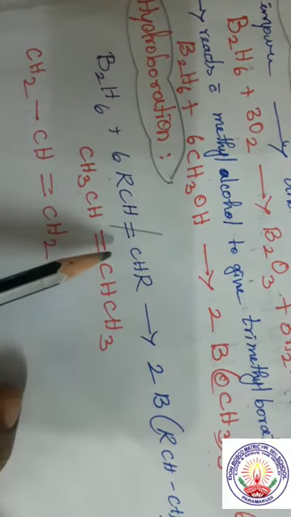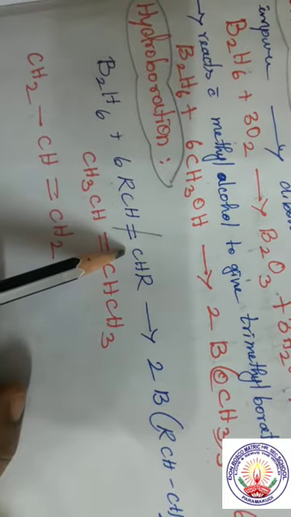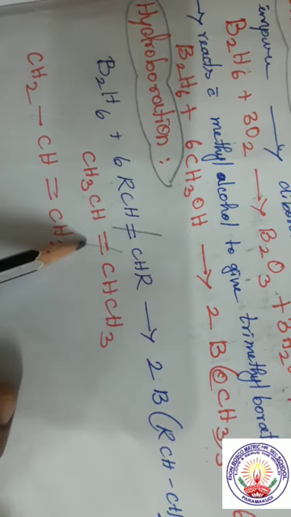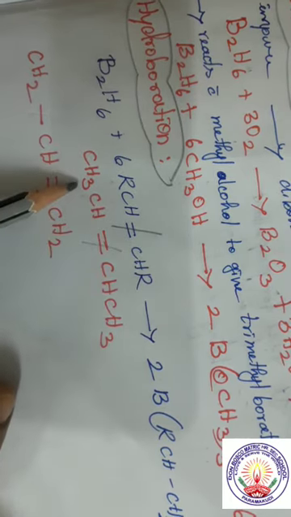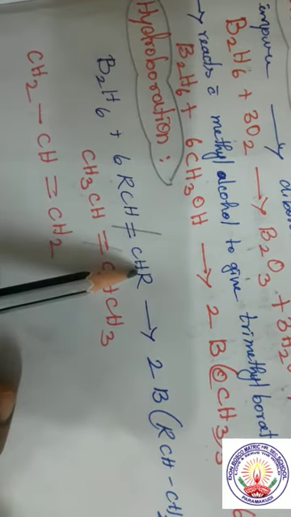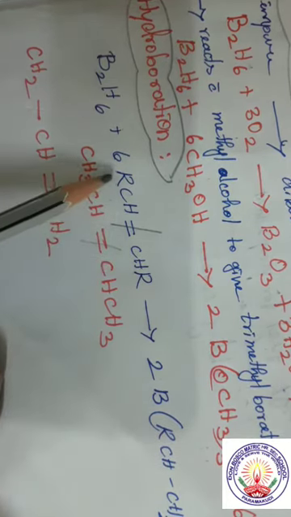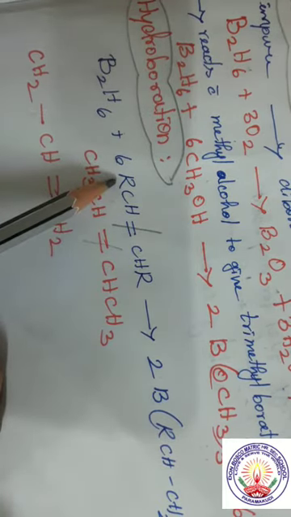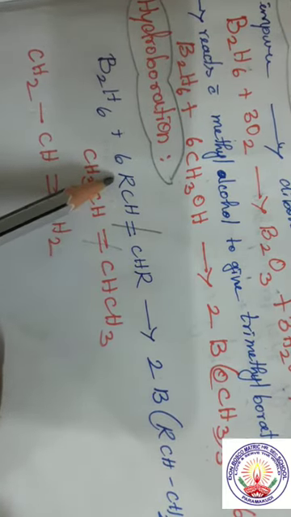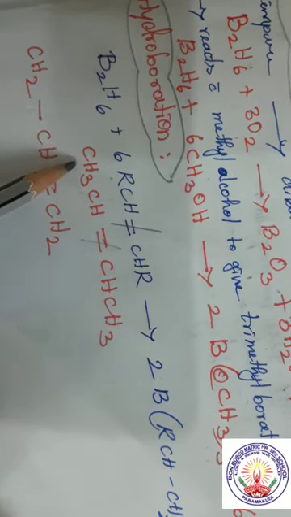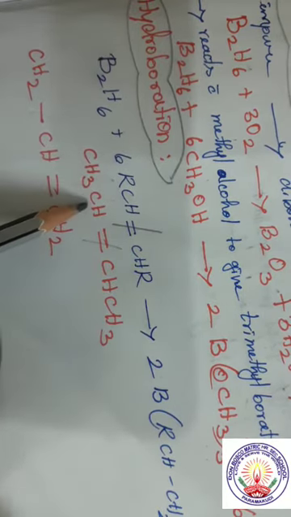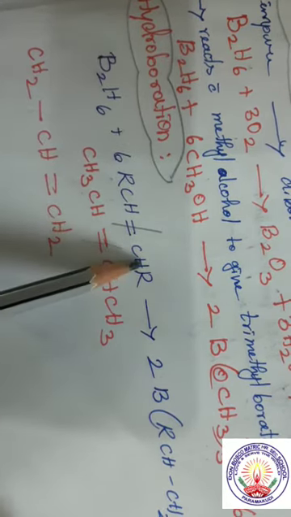When you break this radical, this is equal at both sides. This R is nothing but an alkyl group. That is, we can also write like this, CH3, CH. Here CH3 instead of R. So this is symmetrical. Look at one example for unsymmetrical.